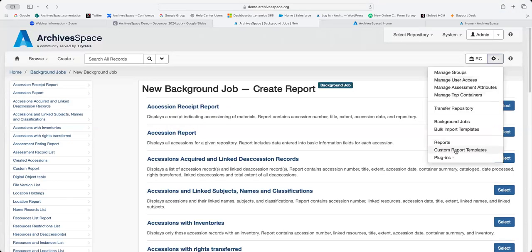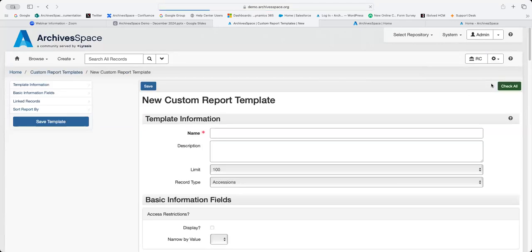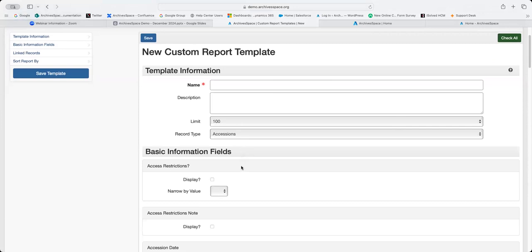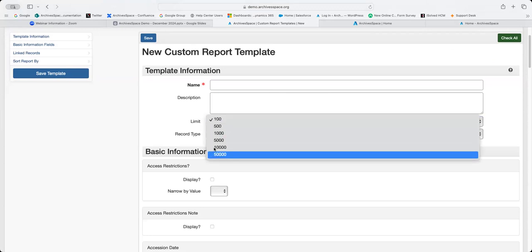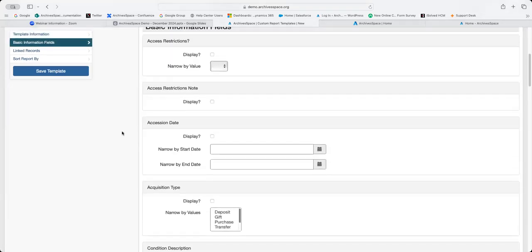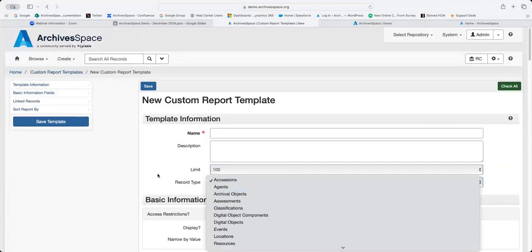If none of those work for you, you can always go to custom report templates and create a template. If you are interested in using custom reports, I definitely recommend playing around with it so that you can see if it works specifically for your use case. It can't do everything for everyone, but it is pretty powerful. So keep in mind when you're creating reports, maybe don't set your limit to be incredibly high to begin with because it is a very resource intensive part of the application. But you can get pretty granular about your reports and the record type that you're trying to create the report about.